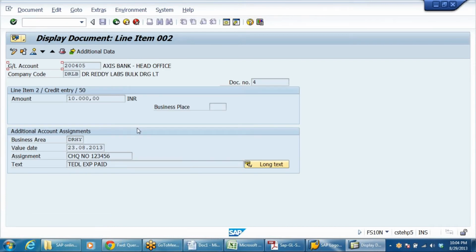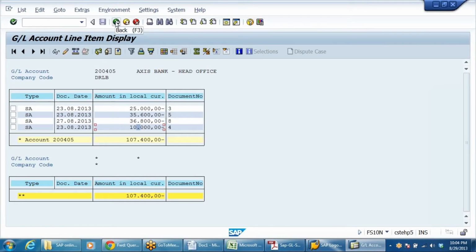But the thing is, it is showing the same one. See here in SAP, sometimes what happens, that in ECC 6, I don't know the capacity of our servers. Sometimes it may happen that changes will be made in the backend tables. In fact, all the data is going to be stored in tables.